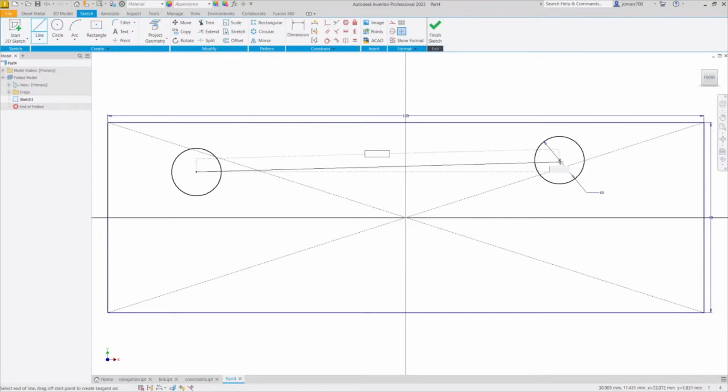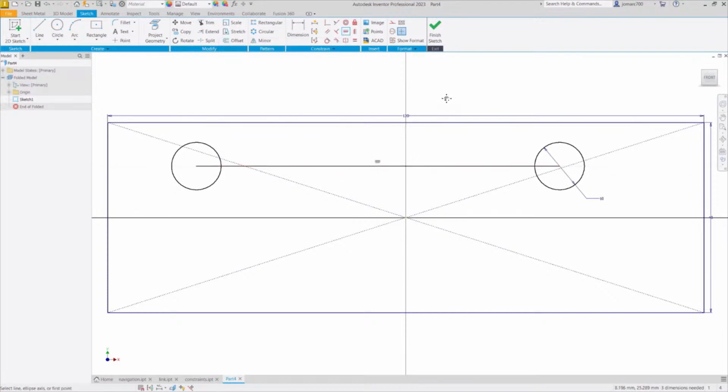Another one at this center point. Double left click, hitting escape. Moving forward, I want this line to be perfectly horizontal. Heading up, selecting horizontal constraint, selecting this line, hitting escape,